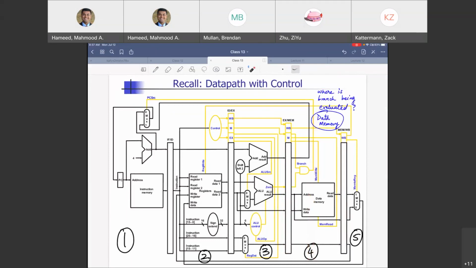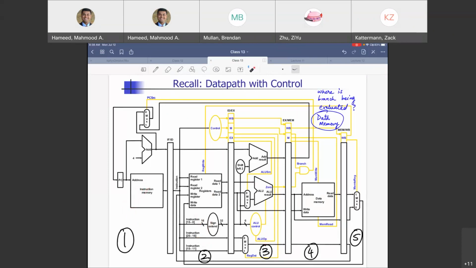Step 4. At that time, how many different instructions have already started coming in to my pipeline? How many? 3 instructions have already come in. There is one instruction which is in this, and this. There is one instruction which is here and here. There is one instruction which is here, right? So 3 instructions have already come into the pipeline.